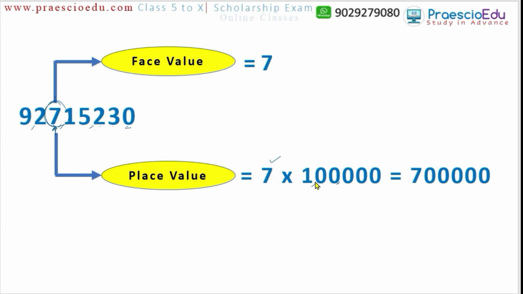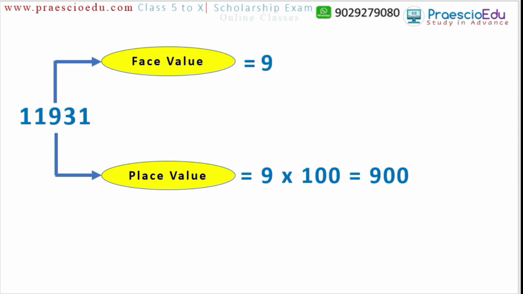So 7 multiplied by 1 lakh means 7 lakh. This is the place value. The position is the lakh position. Like this one, any number we can expand and separate it with its place values, particularly with the digits. Same as here,